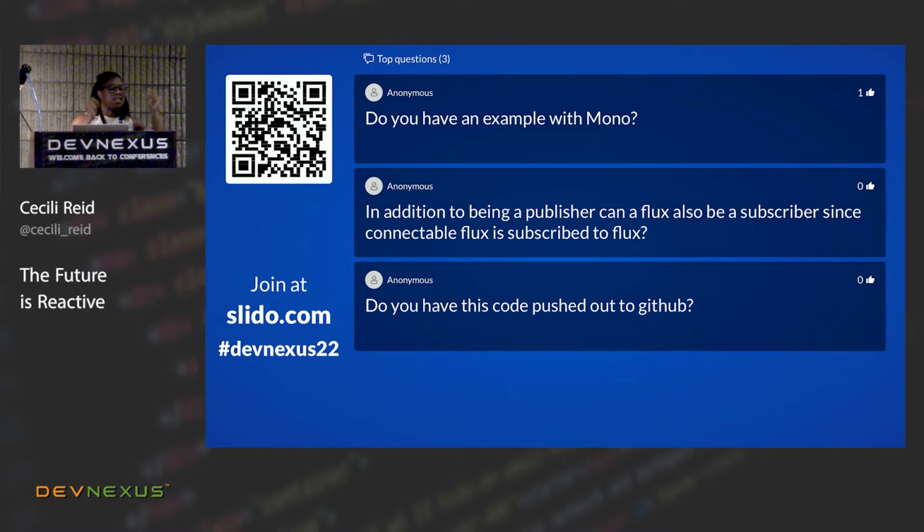That is Inception. That's the word I was thinking of. It's very much like Inception when I thought of that, a publisher can become a subscriber and a subscriber can become a publisher. And is it at any point a form of recursion? That's how I feel sometimes looking at all of the reactive documentation, because it can be very Inception-like. Anyway, to answer that question, technically, no. Technically, there's not a publisher, subscriber, publisher kind of thing, but there is a way to pass a publisher into another publisher. I'm very curious what that use case looks like and when you would do that.